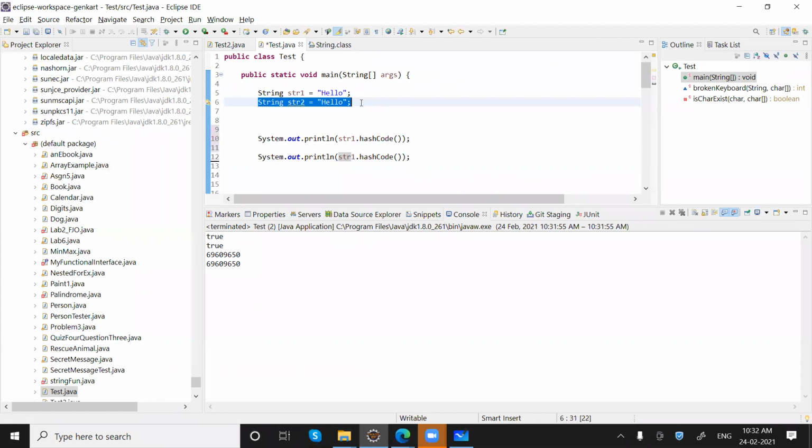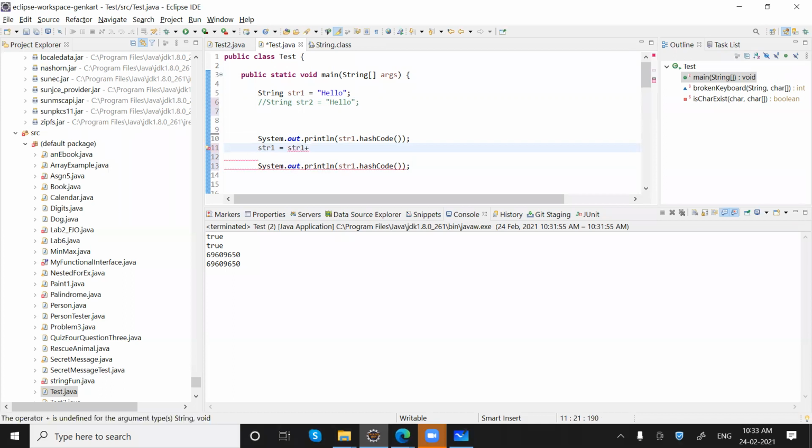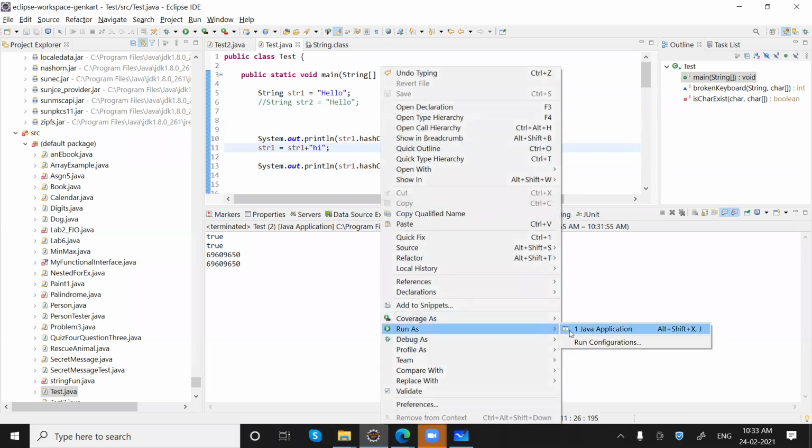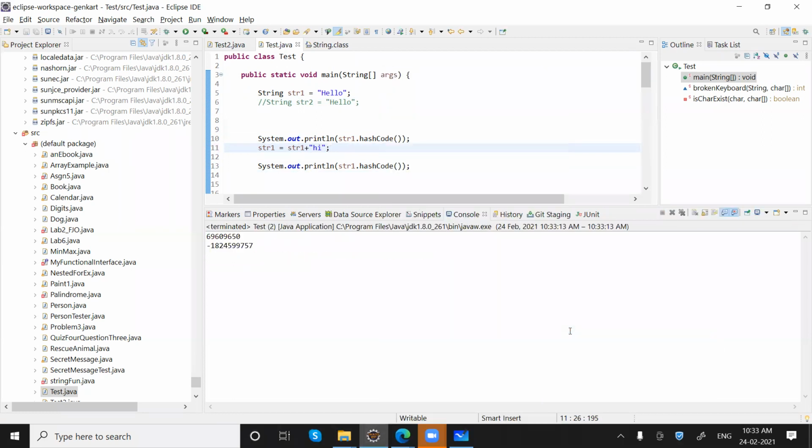In between, what I'm doing, we don't really need this particular string for now, str1 is equal to str1 plus, let's say, "hi". So you can see earlier the hash code was 650 and later on it changed to a new number, right?